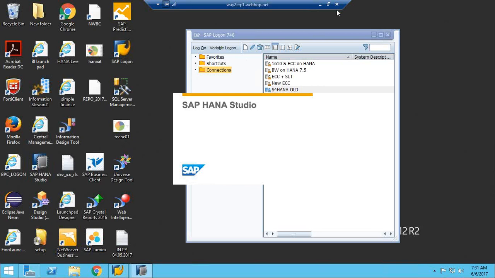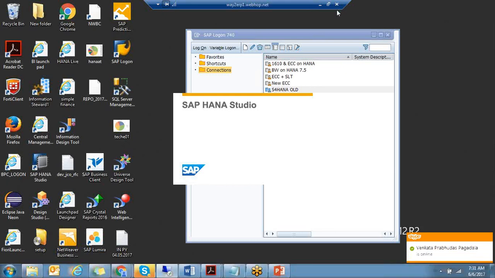Venkat? Yeah, tell me. Because of this column store, will the joins be faster when compared to normal? Or do we not need to consider the primary key when joining? No. Because of column store, aggregations are fast. All aggregations are fast. Again, if you write a select single, that is slow, single record. Not joins; you can say aggregations are fast.